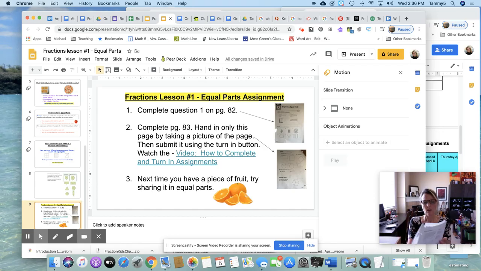But I'd like you to do page 83, the next page, the entire page, and you're going to hand in this page by taking a picture of your work. So you're going to take a picture of this page and submit it using the turn in button. You need to watch the video on how to complete and turn in assignments. So you're going to click on this link that will take you to the video to show you how to do this. And then lastly, your assignment is next time you have a piece of fruit, you're going to try sharing it in equal parts. Okay,